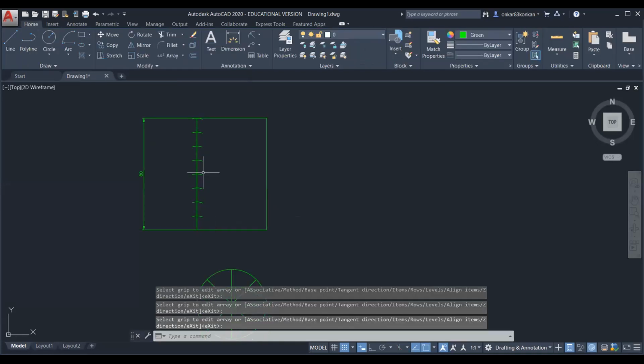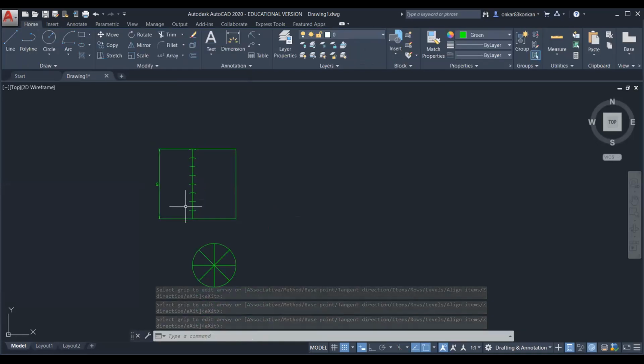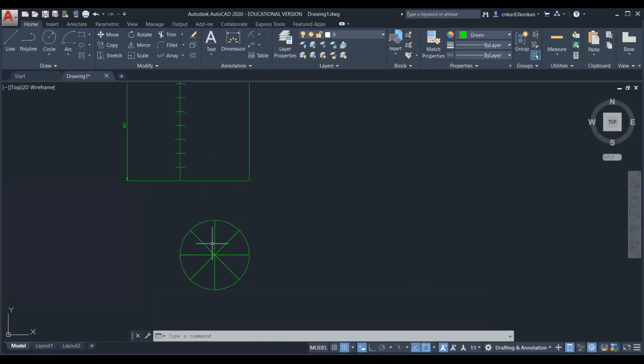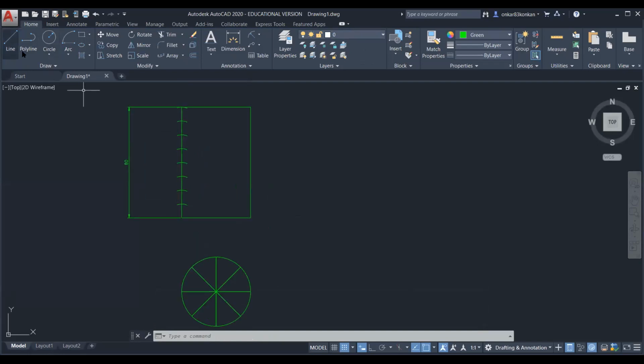In this way you can divide into 8 equal parts. If you divide the circle into 12 equal parts, we have to divide this into 12 equal parts. Now from each part, draw a horizontal line.